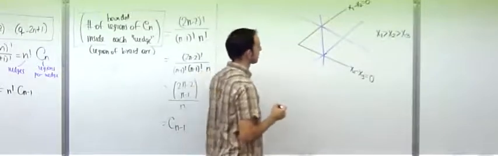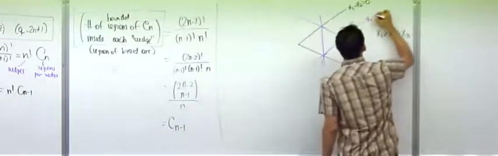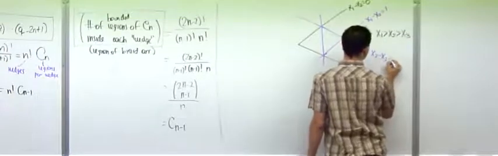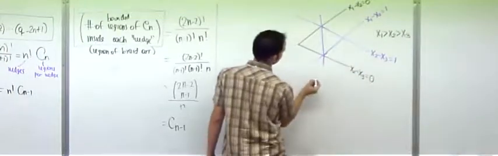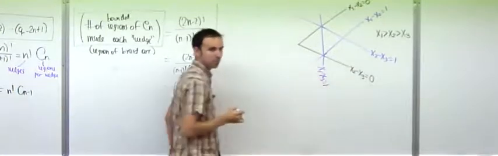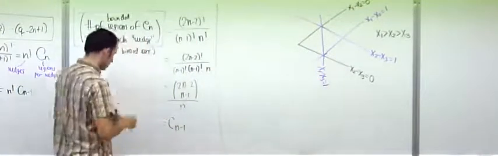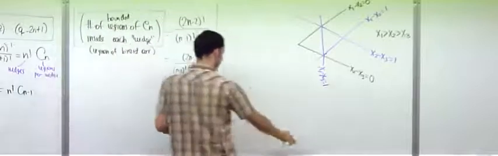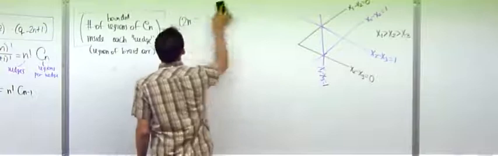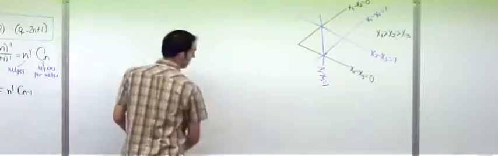Okay. x1 minus x2 equals 1. x2 minus x3 equals 1. And x1 minus x3 equals 1. Okay. And I want to argue that the number of regions, which in this case is 5, is precisely the Catalan